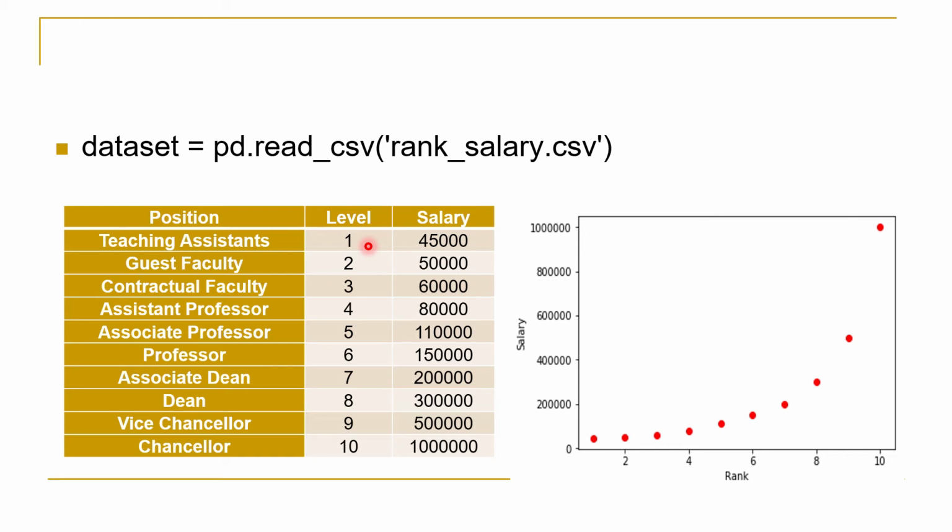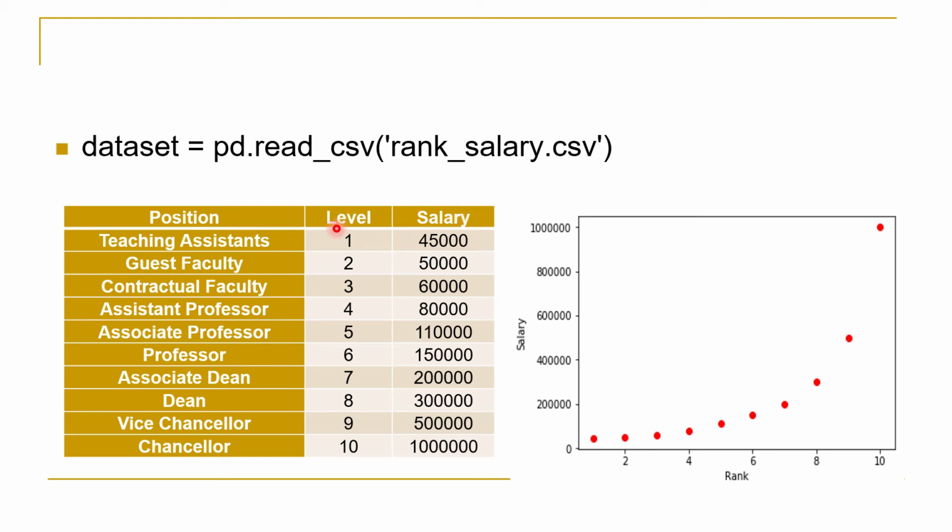will be given by machine learning model, because these are numerical value. 10 will get more weight as compared to 2, 3 or 4. So in this way, we can understand that if we go for dummy variables, then each position will get the same consideration. But here we wish to give more bias to higher ranks as compared to lower ranks. So in this case, instead of going for creation of dummy variables, we just wish to have their labeled data with level 1 to 10. So you can clearly understand that in X we will need level and in Y we will need salary.